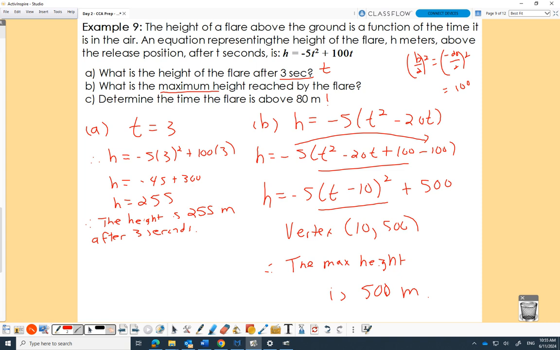Very tough question. It says, determine the time the flare is above 80 meters. Okay, physics people, here we go. The 80 meters, is it a time or is it a height? We seek. Ooh, fancy math sentence here. We seek